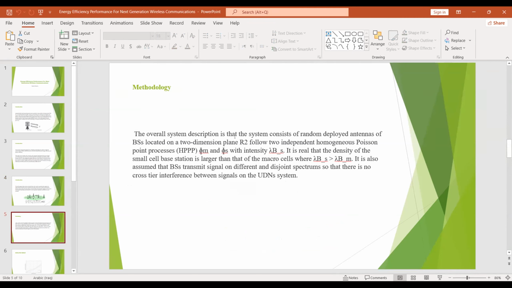So here we use the methodology. Actually, we used dense station deployment of small cells. We used a point process called HPPP. It's a methodology that we used with two different